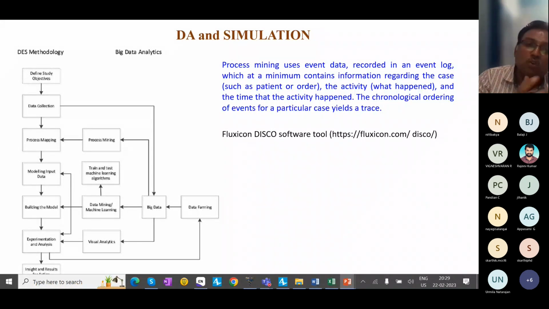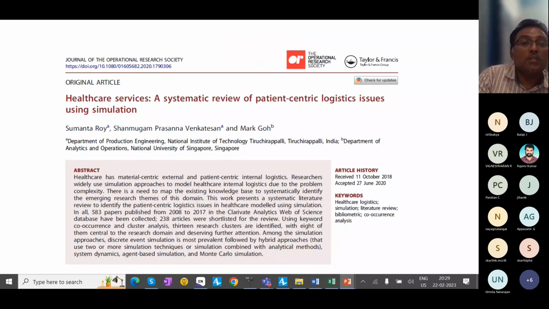Now we have a module called Expert Fit, which is available in Flexsim. Whatever data you collected, you feed that data to Expert Fit, and it will fit a distribution for you. And then we have machine learning models, which can be useful for inferring the results and building the model, right? So this is how you can interface data analytics with simulation.